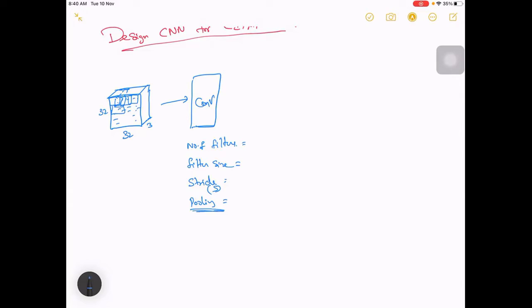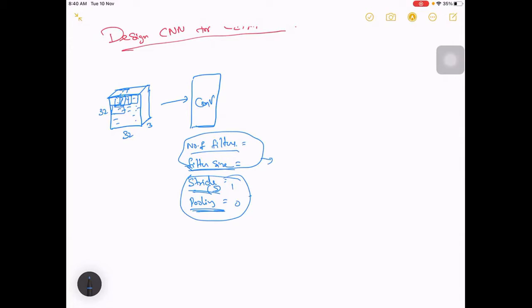If you don't specify the stride, it will take 1 by default, so it wouldn't impact. Filter size and the number of filters are mandatory; mainly these two are what we should worry about.